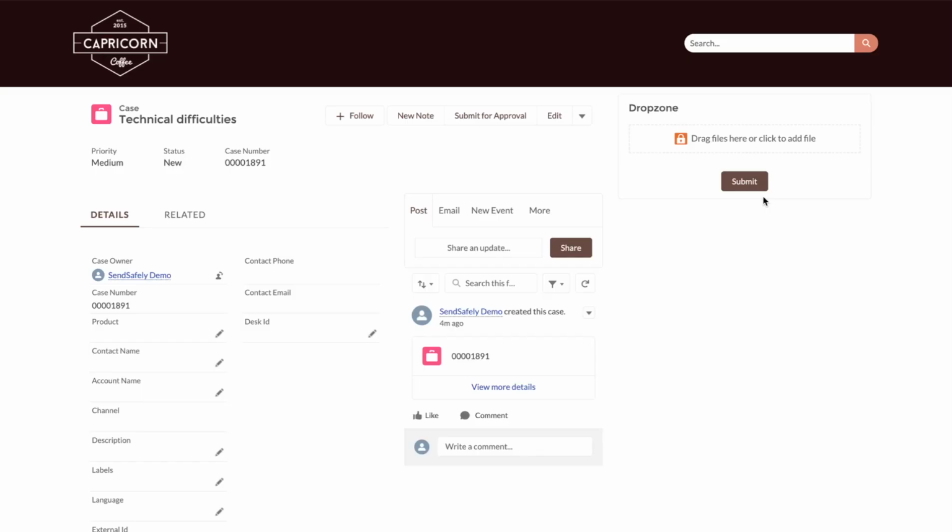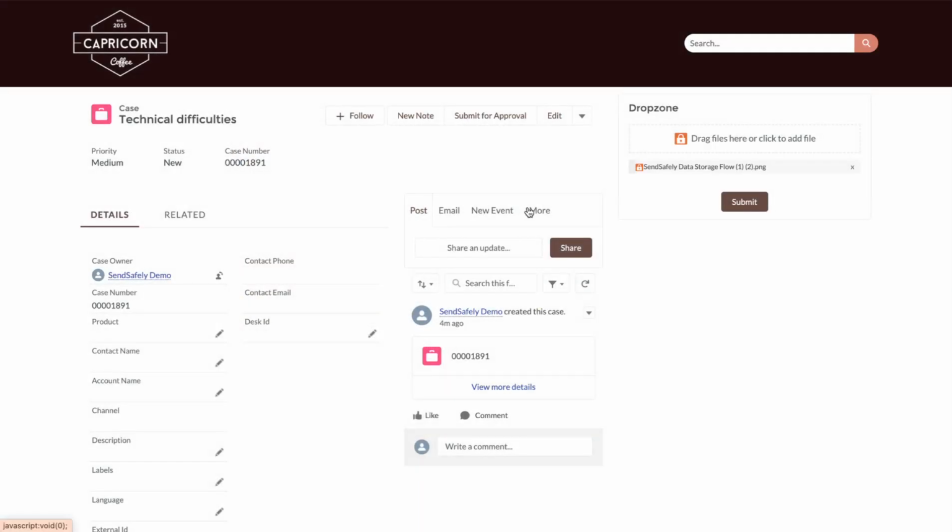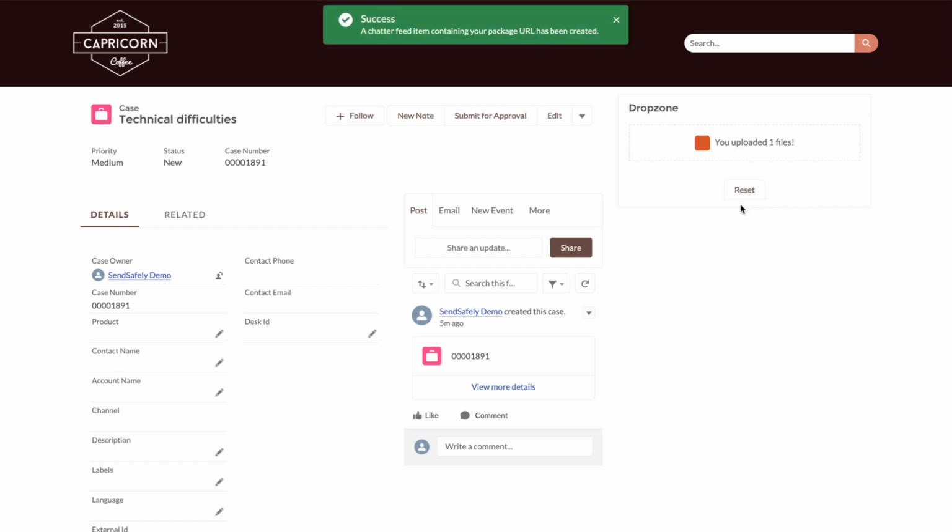All files uploaded here are end-to-end encrypted on the client-side machine by SendSafely software. They are inaccessible to employees of SendSafely and Salesforce by design. These files can also be larger than what Salesforce normally allows, up to 99 files per submission, easily 10 gigabytes each. On submission, a secure link to the package that contains these files is placed in the location of your